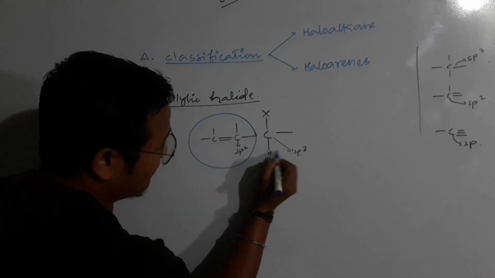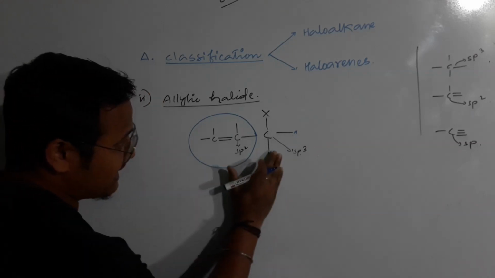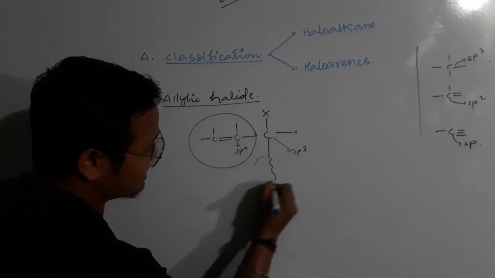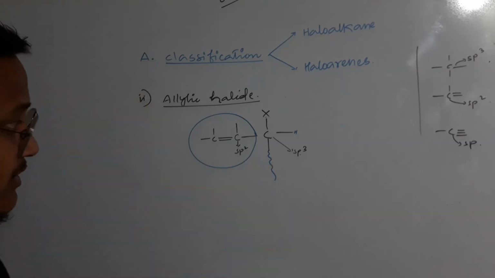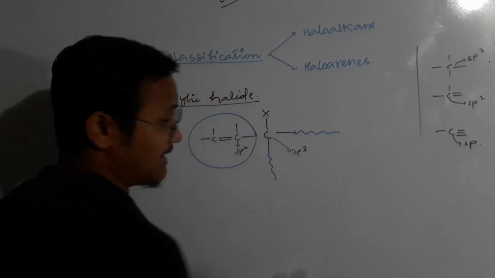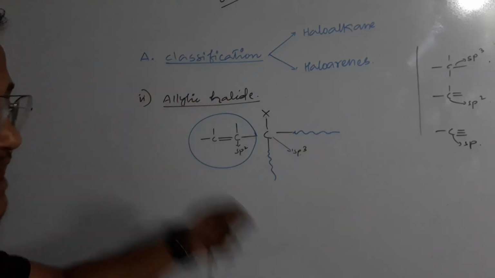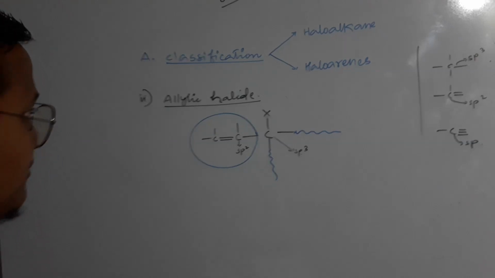And if two are what? Hydrogen, definitely one degree. Already one is that if another hydrogen is replaced by an alkyl group, then it is two degree, two carbon chain. And if no hydrogen, or all are alkyl group or carbon chain, then that will be your three degree. Okay, so allylic halide can also be one degree, two degree or three degree.